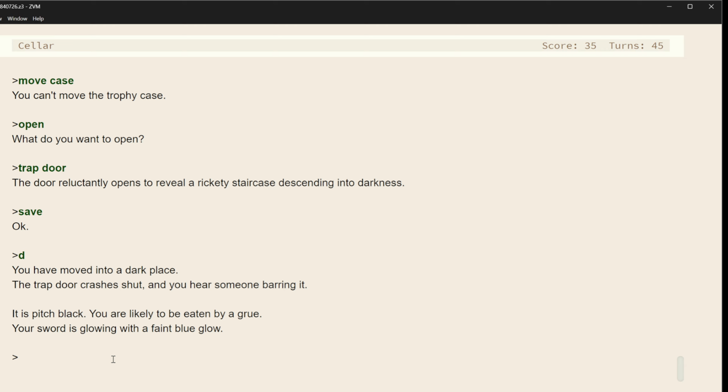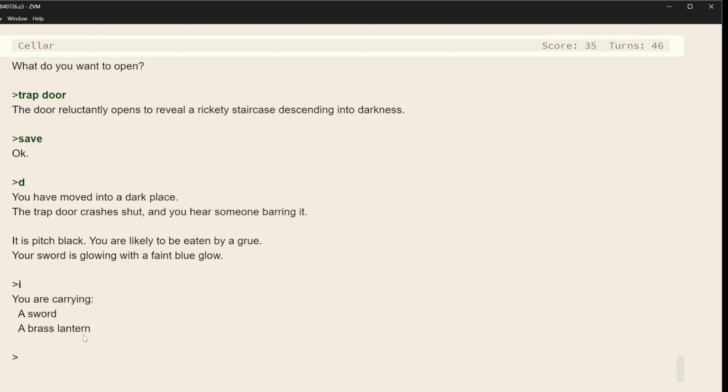Just as a general statement, most of the implementers, that is designers and authors, of mainframe Zork, and certainly Mark Blank and Dave Lebling, the people who worked on the commercial Zork 1 together. Lebling was the one into fantasy, Blank was more into science fiction. So this stuff is all Lebling, this blue glow and some of the combat that's coming here in a second. So just something to bear in mind.